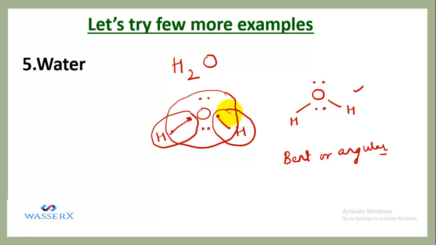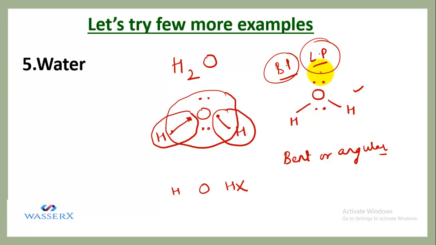See, I have not drawn the structure like this, like I did for carbon dioxide. But in this case, we are drawing like this. The reason being, there are certain repulsions between the electron pairs. As you can see, it possesses the bond pairs also, it possesses the lone pairs also. So there are repulsions between them which distort the geometry, and instead of becoming linear, it gets distorted and forms a bent or angular kind of geometry.